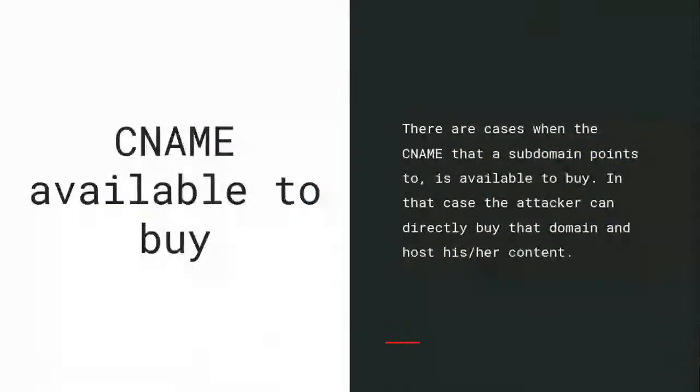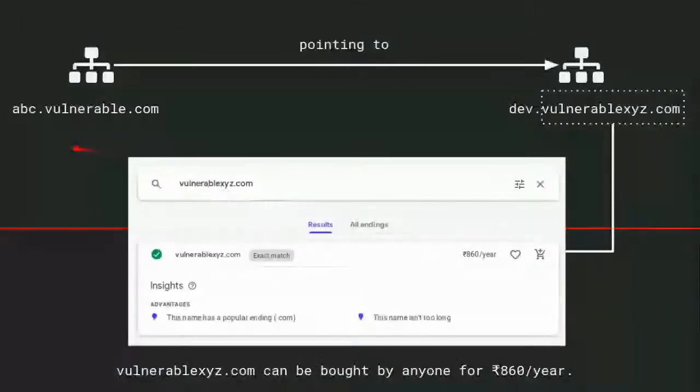Okay, now let's come to a different kind of subdomain takeover, wherein the CNAME is actually available to be bought by someone else. So there are cases when the CNAME that a subdomain points to is available to buy. In that case, the attacker can directly buy that domain and host his or her content. Okay, let me show you an example. So we have a domain, let's say abc.vulnerable.com, and this domain is pointing to a subdomain, for example,